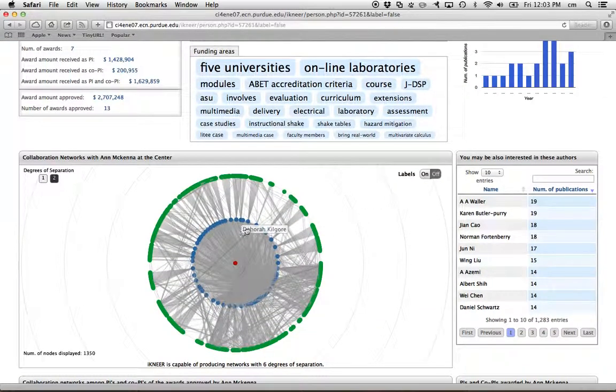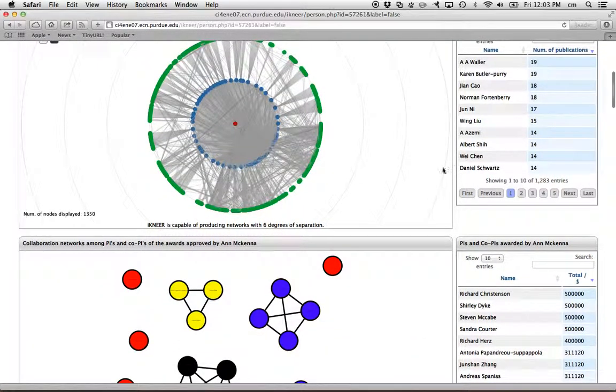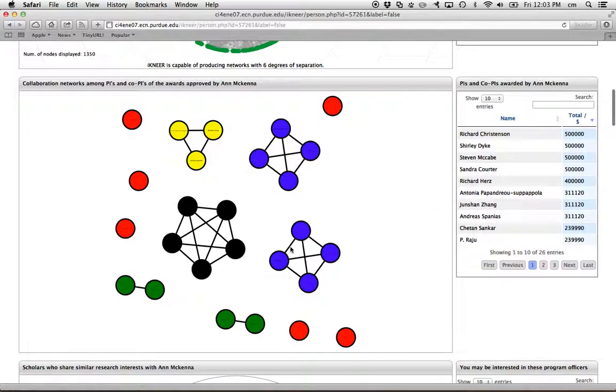Similar to the network that you saw with Carl, here you see Anne has a very dense collaboration network, which means she's a very well-known researcher in this space. Here you see that there is a collaboration network of PIs that she has funded. When she was at NSF, this graph would have been very dense. Now people who know Anne will tell you that she's moved to Arizona State University, and therefore this network may not be as dense because this is a list of all the people that she's managing as a program officer. And since she's no longer a program officer, the number of people that she manages is not very high.